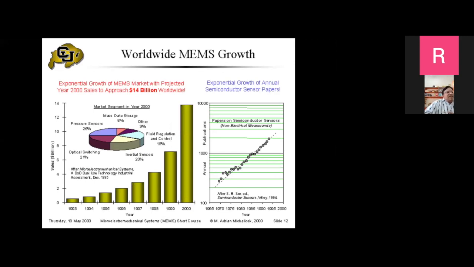So the most important applications are in terms of the automobile applications. So pressure sensors, a lot of pressure sensors have been used for automobile applications like tire pressure monitoring, then fuel injection systems, and so on and so forth. So inertial sensors, mainly for the aerospace and space applications, also an important accelerometers, gyroscopes. These are all the devices which are going into these applications.